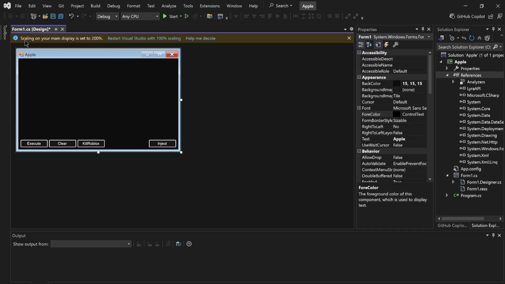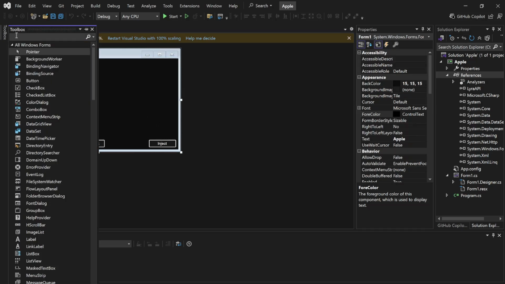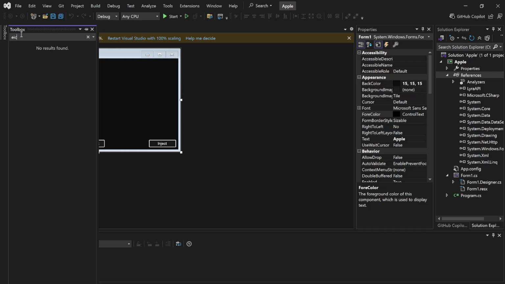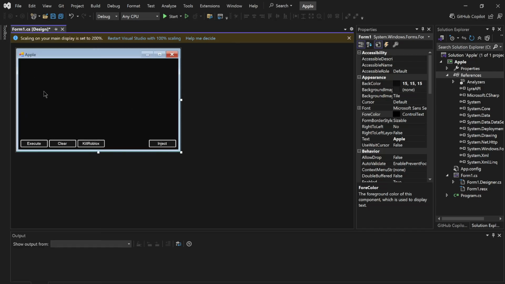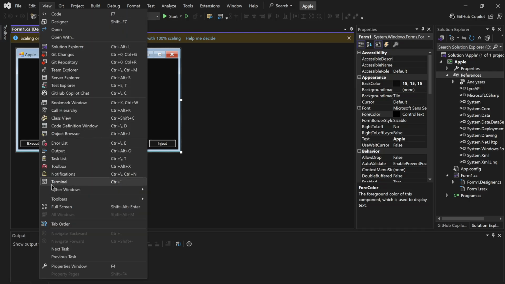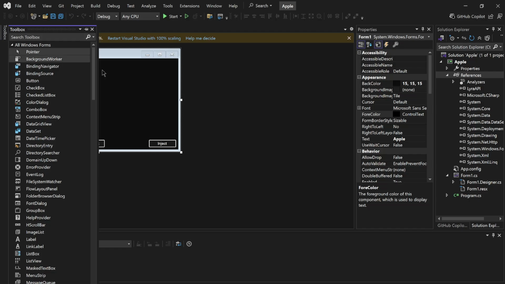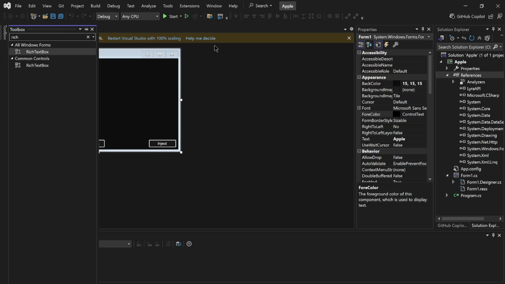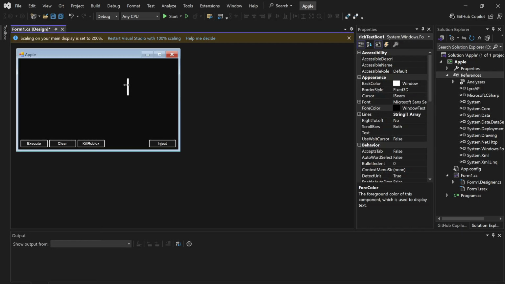Now go back to toolbox. If you don't find toolbox on the right side, make sure to click on view and then click on toolbox. You see. Now let's put in the toolbox rich text box. Drag the rich text box and then size it like how I sized it in the video.